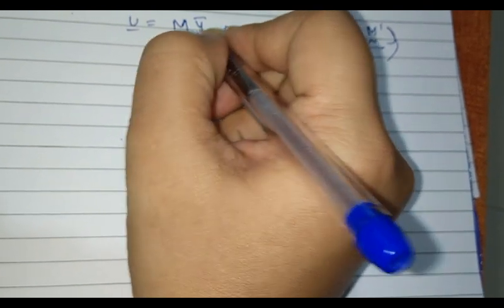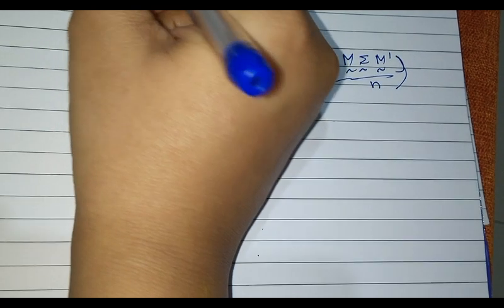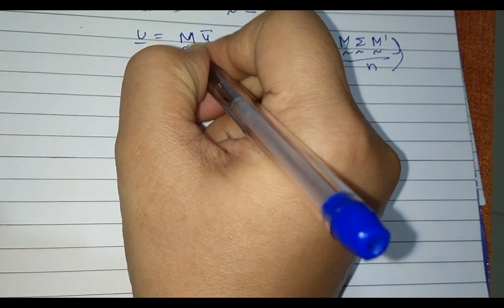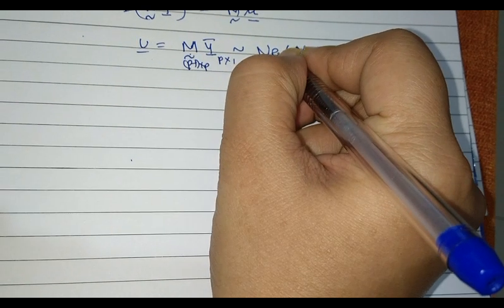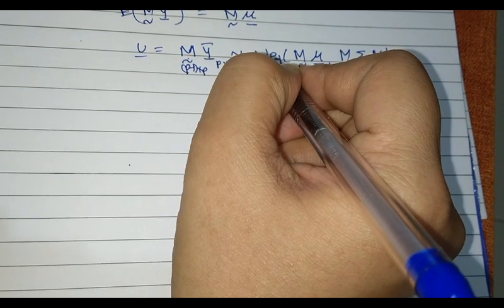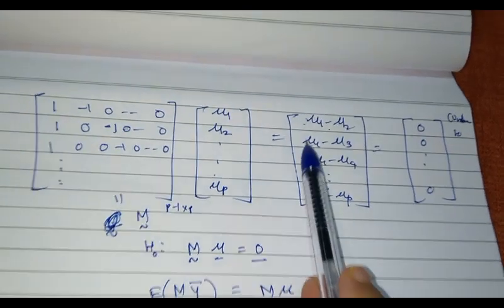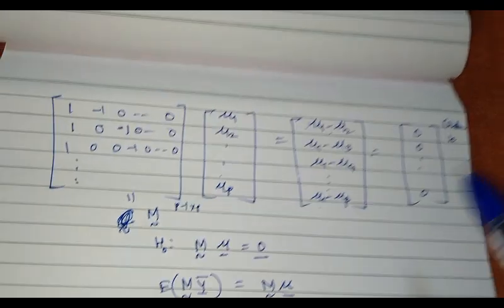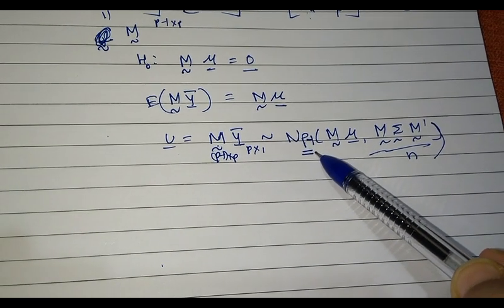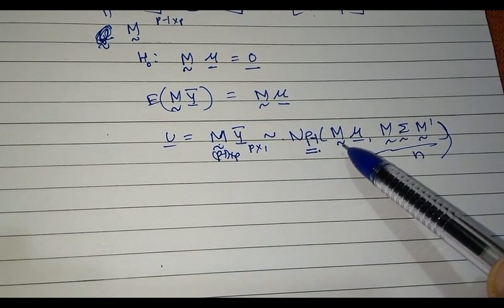Okay, so I have U, and this is not P. One second. What is the order of Y? Y is P cross 1, but M has order P minus 1 cross P. So this will be P minus 1 cross P, and hence this would have P minus 1 as dimension and not P. Okay, remember this is important. I have 1, 2 up to P minus 1 components here. So I'll have P minus 1 dimensional normal distribution and not P dimensional normal distribution. This is very important. Okay, please remember.